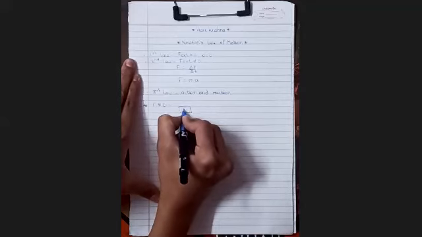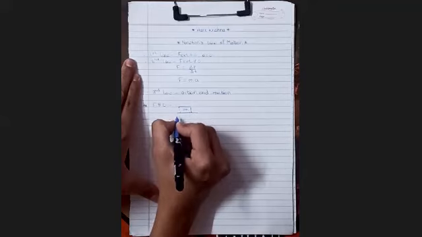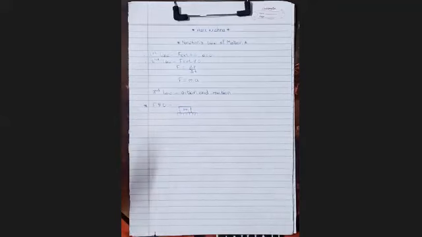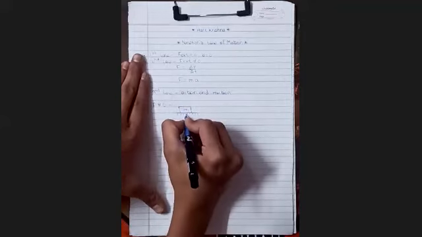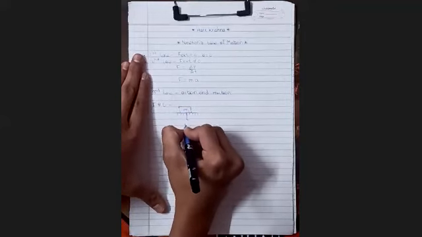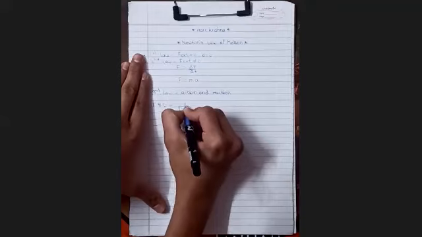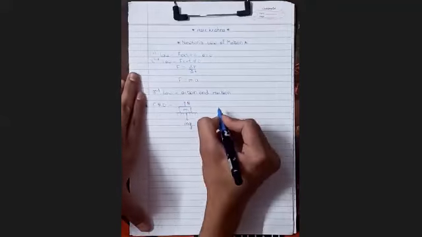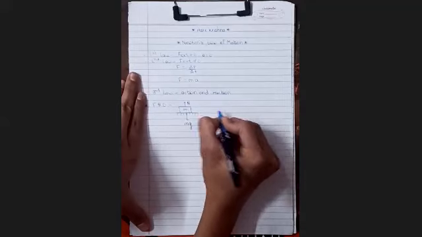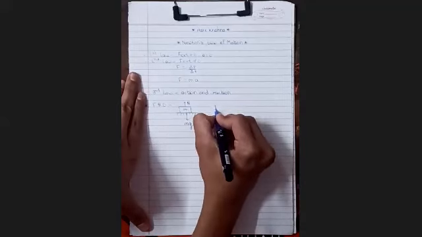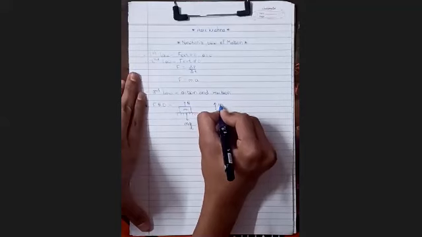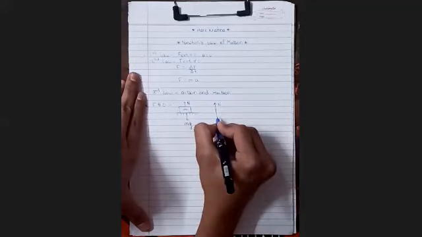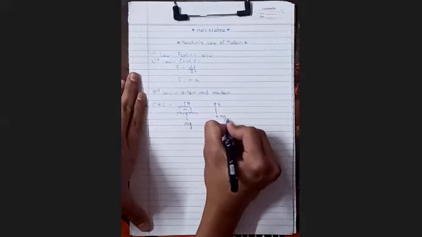There is a block of mass m on the surface. Here we have to draw the free body diagram of this block. There is the mg force in the downward direction and the normal force upward. So here we will draw the free body diagram considering a point mass of m. In the upward direction there is the normal force, which is perpendicular to the surface, and in the downward direction the mg force.